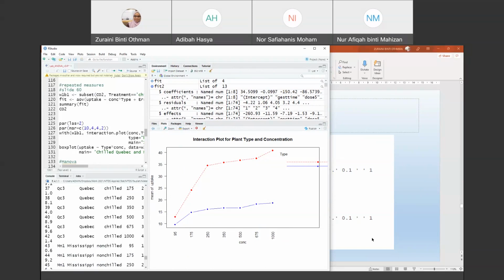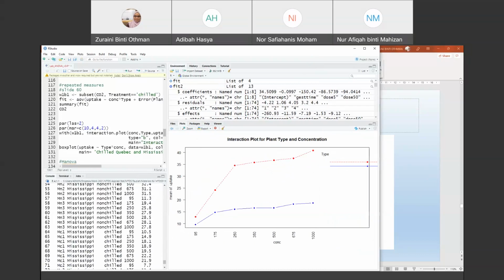Okay, from this, we can see that this is the type for 5 plus, and this is the concentration. That means